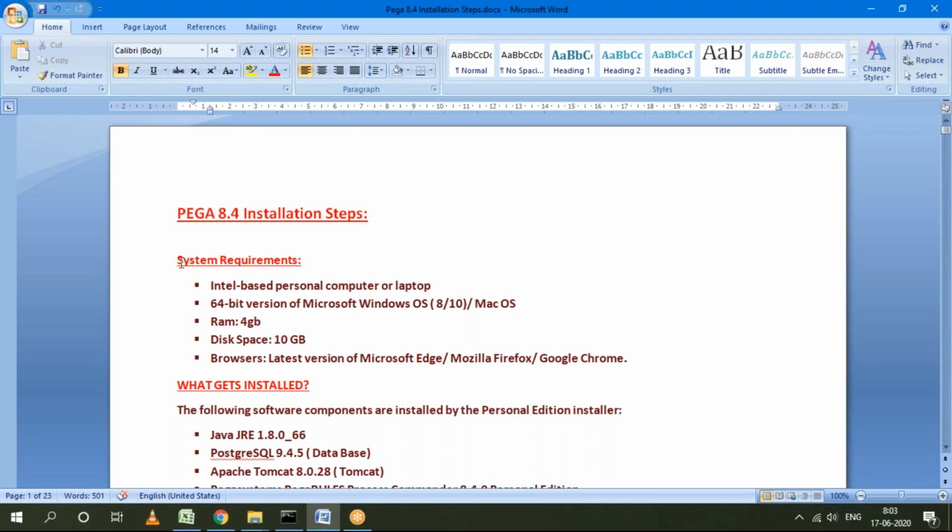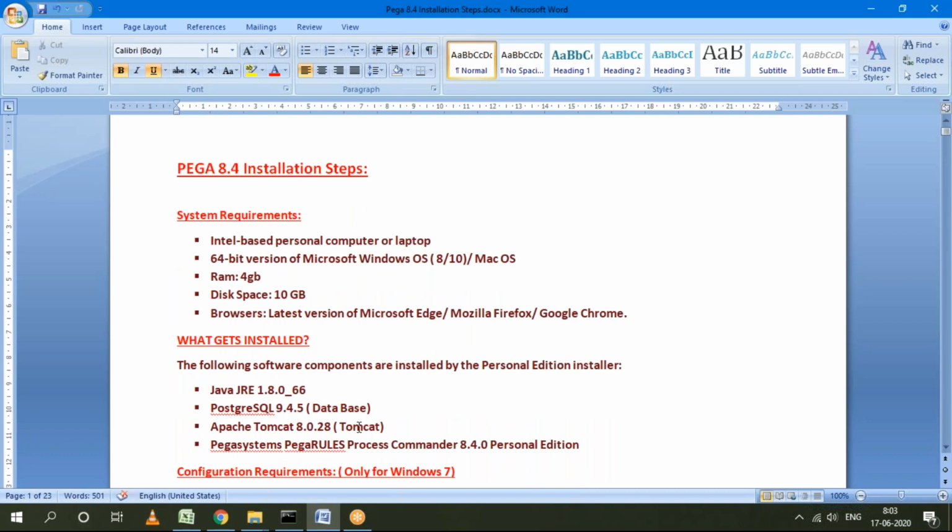These are the system requirements, and whenever we install Pega, these are the four components that get installed. See here, there is no need to install anything separately. Everything installs as a package, and you do not need to configure any settings or configure localhost manually. Everything is configured by default. Later some other connections will be created. The PGP4 connection I'll discuss after this topic. So these are the four components it will install.